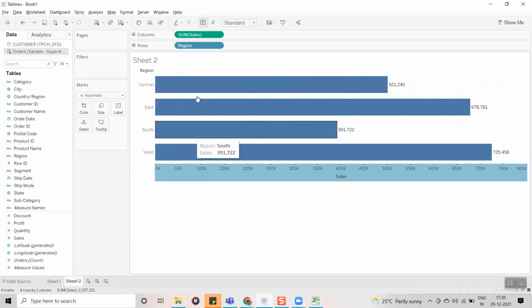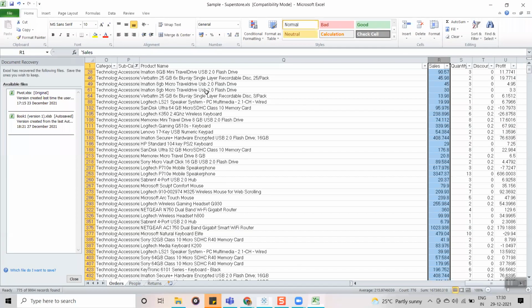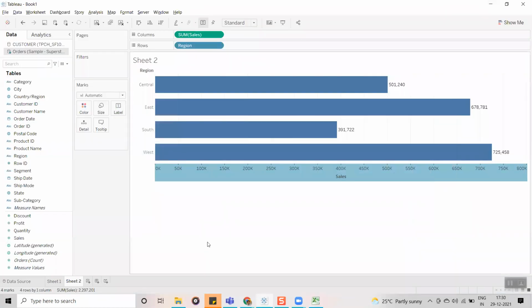So with these visualizations, just remember: high level granularity means you are not showing the data in detail. If in your report you are showing the data at a very detailed level, in whichever format you have it in the database, and you display the data here the same way, then we can say it is lower granularity. Okay.